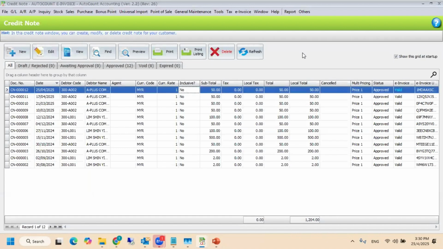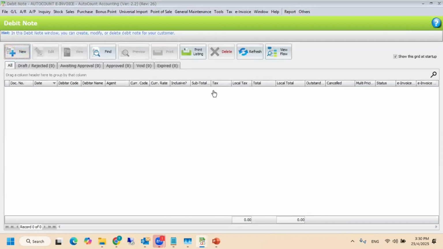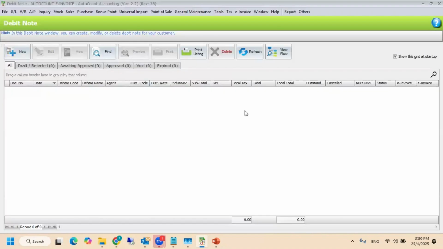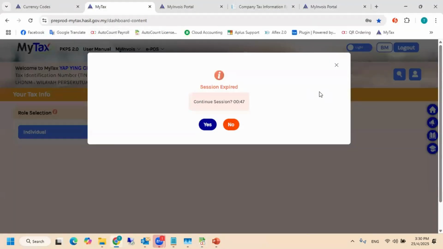Okay, so this one is the CN. The DN is also the same. You just select your customer, put in your items, then approve. If everything is okay, then you will get the valid debit note. So actually, when you go to your MyTax,